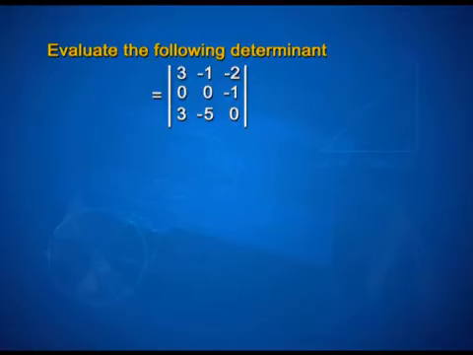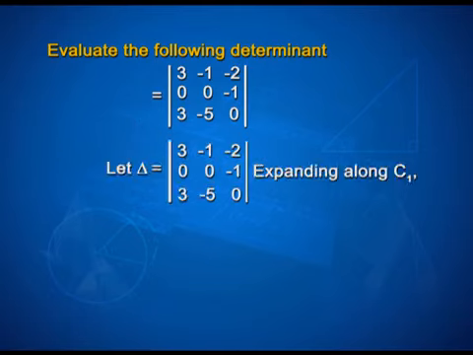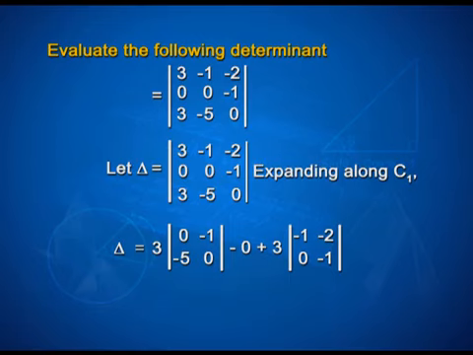Now, let us evaluate one more determinant 3 minus 1 minus 2, 0 0 minus 1, 3 minus 5 0. Look at the solution on the screen. Let the determinant be 3 minus 1 minus 2, 0 0 minus 1, 3 minus 5 0. Now, expanding this determinant along the first column, that is C1, we get 3 into determinant 0 minus 1, minus 5 0